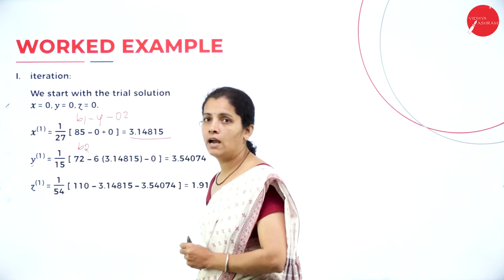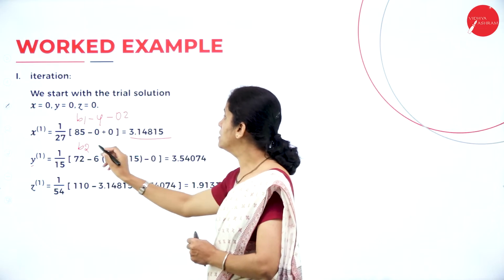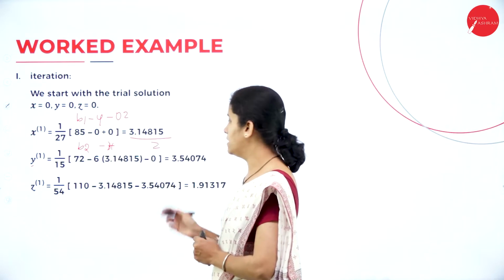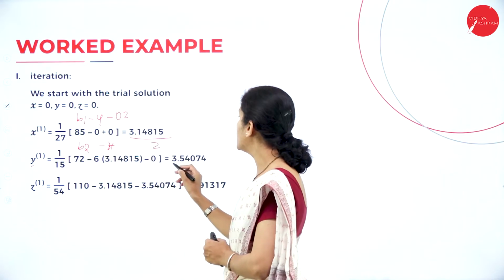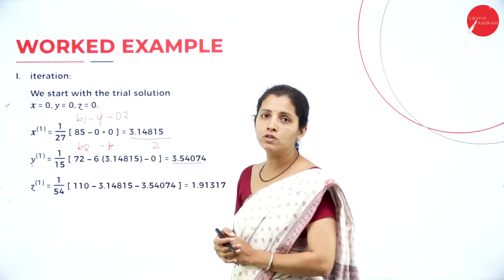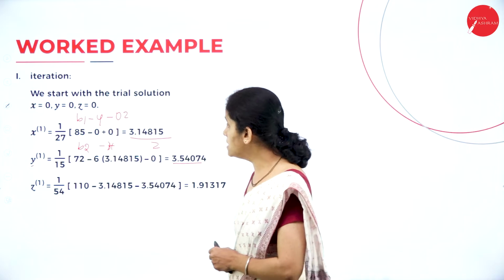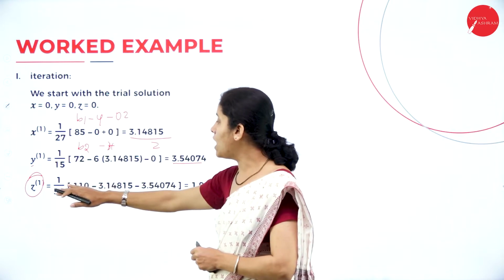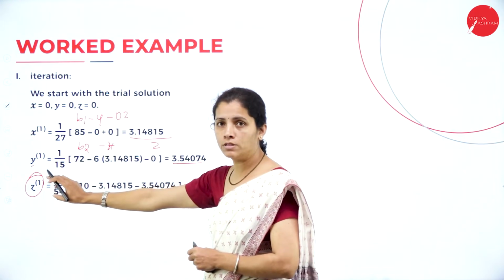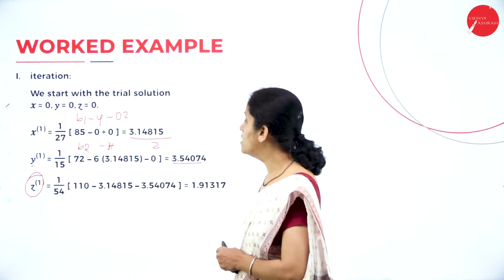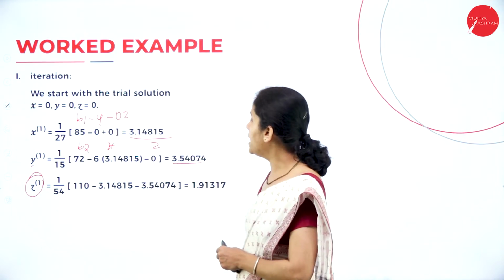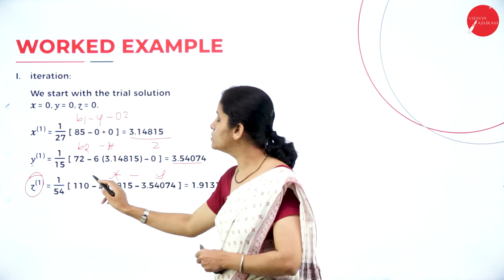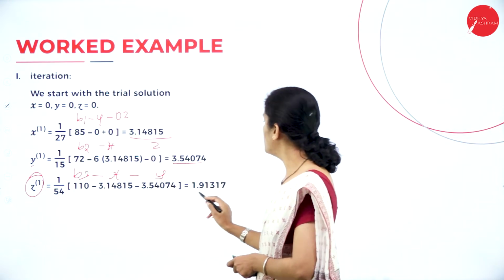Now for my next variable y, it is b2. So y is outside, and which are the remaining variables I have? That is x, then z. Okay, when I substitute the values, I'll get 3.54074. And if I consider z, I'm going to take 1 by 54 outside. That means 54z outside. Then it is written as 1 by 54, then 110 minus my x value and my y value. So it is my b3. Okay, and I'm going to get